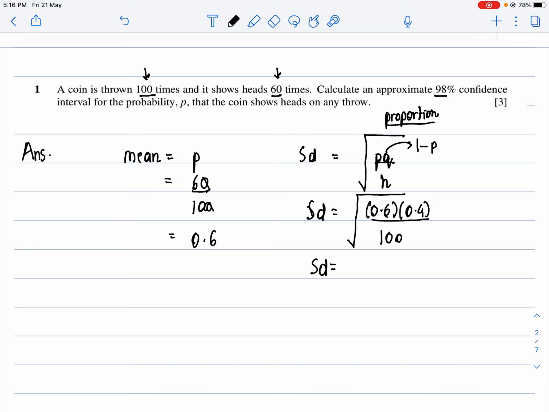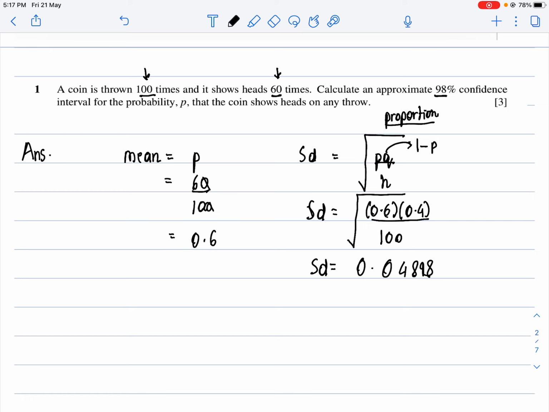So now I can calculate my standard deviation on the calculator. The root of 0.6 into 0.4 over 100. So the value I get is simply